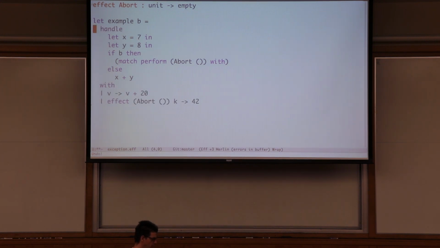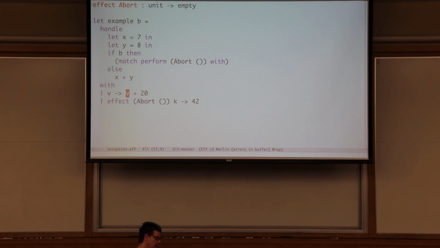So let's put that in. And now here's the handler. And so this is the return case. In F*, you don't have to write a return or anything. So you just say, well, if you get a value, just increase it by 20. So when the exception doesn't happen, I should get 7 plus 8 is 15, plus 20